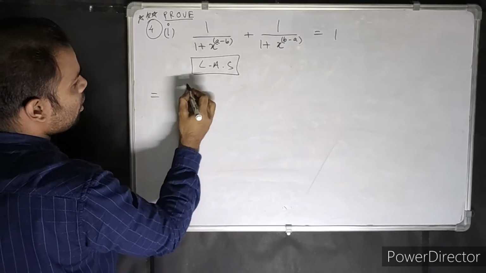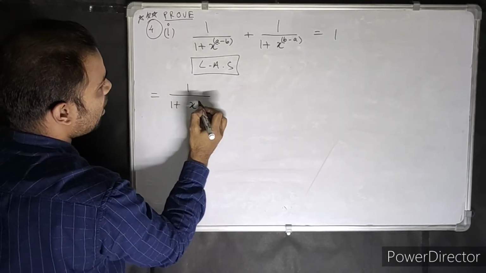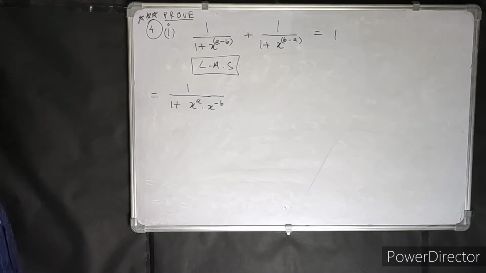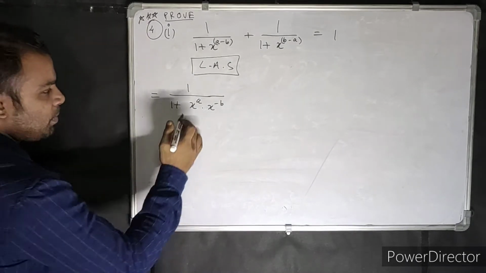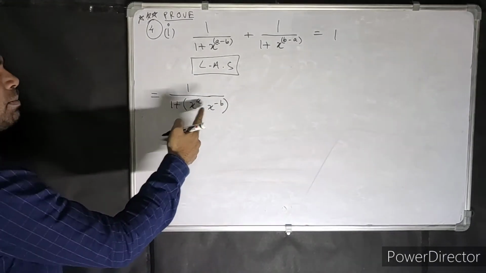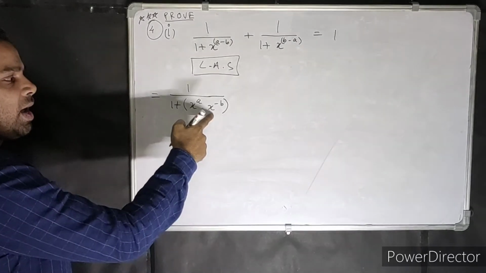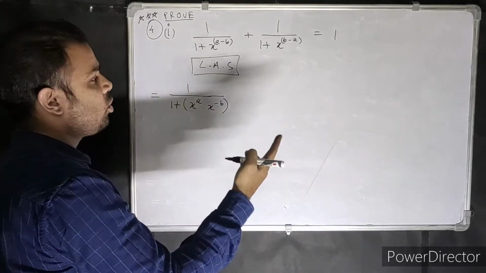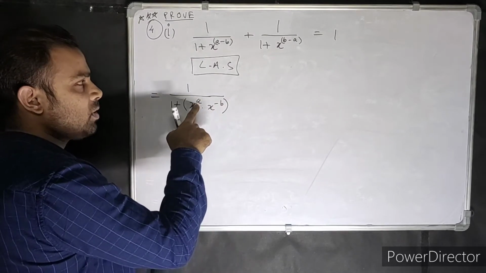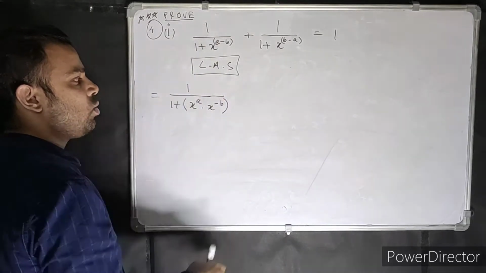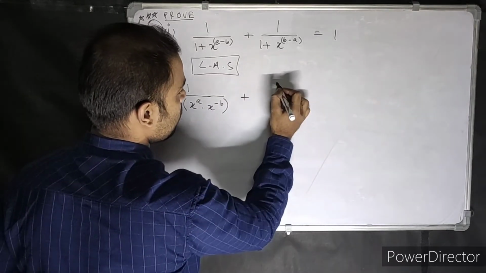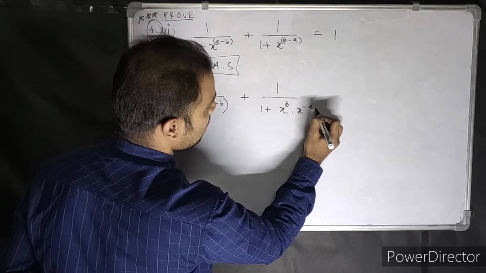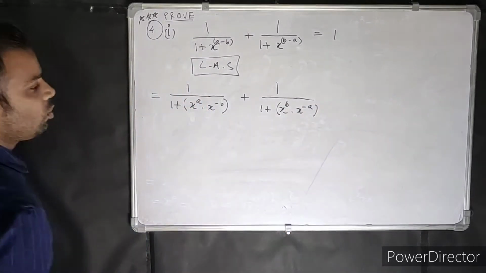Okay, so 1 by 1 plus x to the power a into x to the power minus b. Did you get this? What did I do? I split these two parts. I multiplied them and gave them whatever power they are supposed to have. Add these powers. What are you going to get? A plus b? You're going to get a minus b, right? So that's how I gave this power a and this power minus b to that x. Okay. Same thing I'm going to do over here also: x to the power b dot x to the power minus a. Save space, put dot. Don't put multiplication every time.